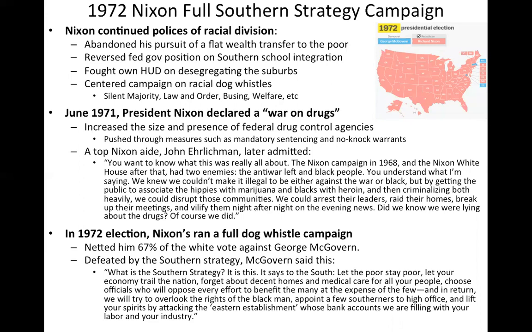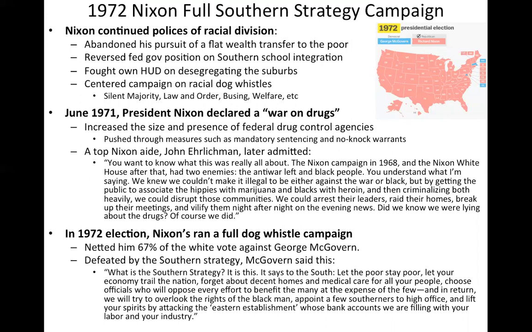Law and order, busing, welfare, all these things. He declares a war on drugs, and increases the size and presence of the federal drug control agencies, pushes through mandatory sentencing and no-knock warrants. And this is where John Ehrlichman, we read this at